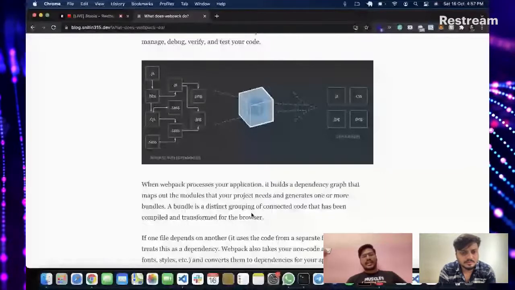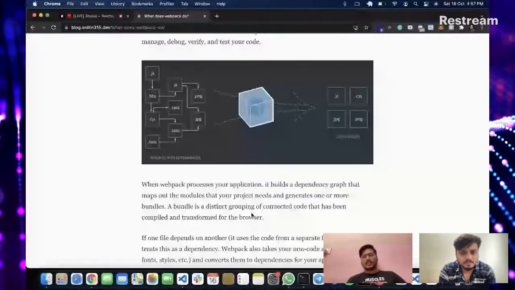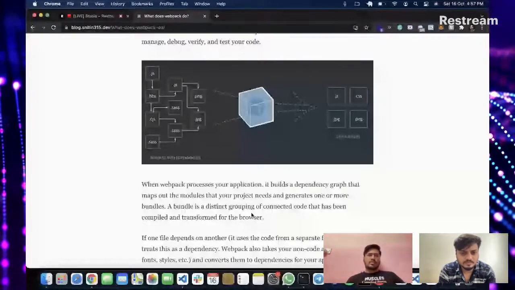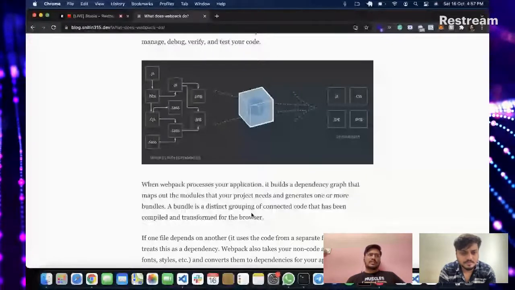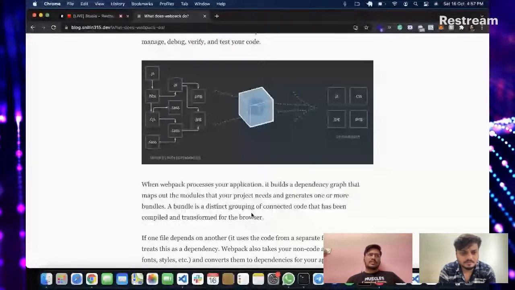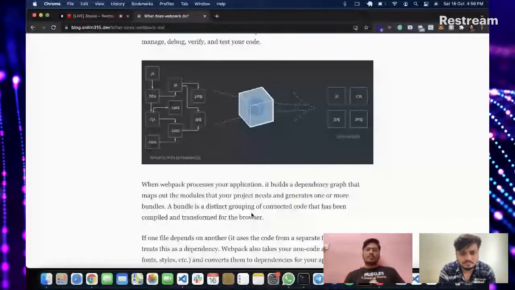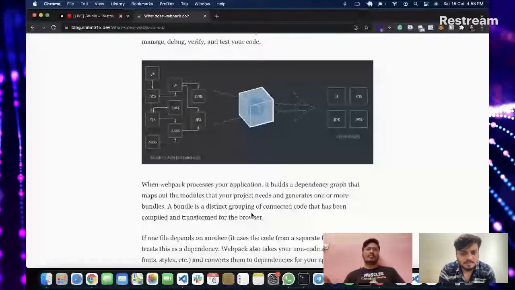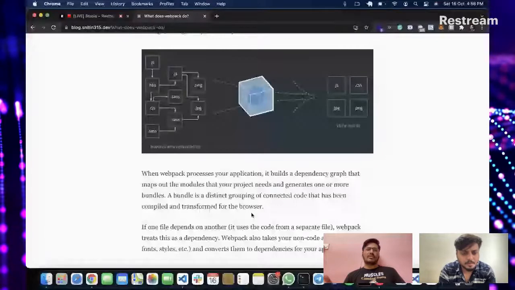We will give Webpack an entry point to start reading our application. Let's say it's app.js. So it will start reading the code from app.js. Then if we have imported another file, let's say main.js, it will add it to its dependency graph and read main.js. And then again, just like npm does, if you have seen package-lock.json,